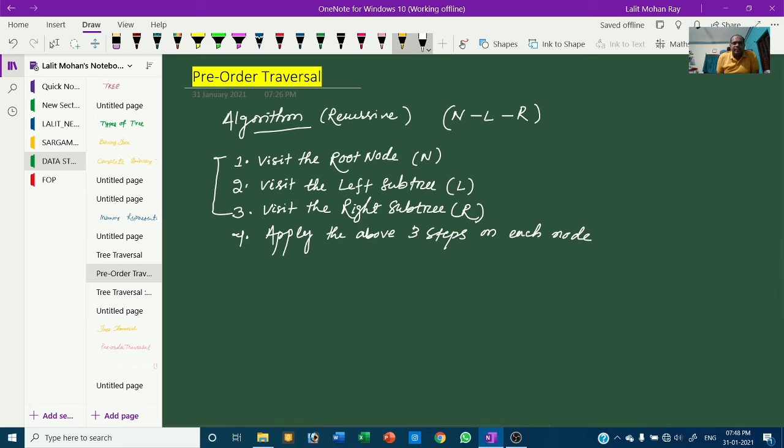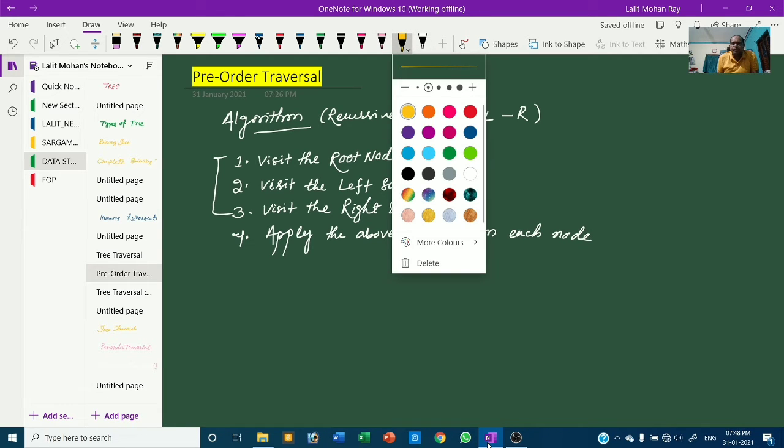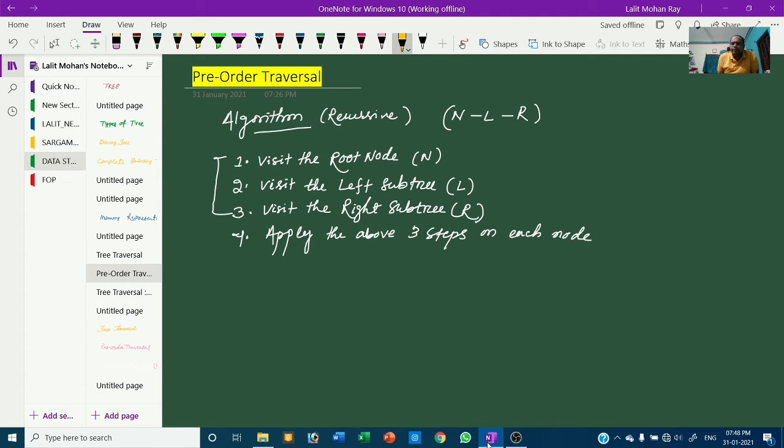So for a simple example, suppose here is a tree and these are the nodes present in this binary tree.